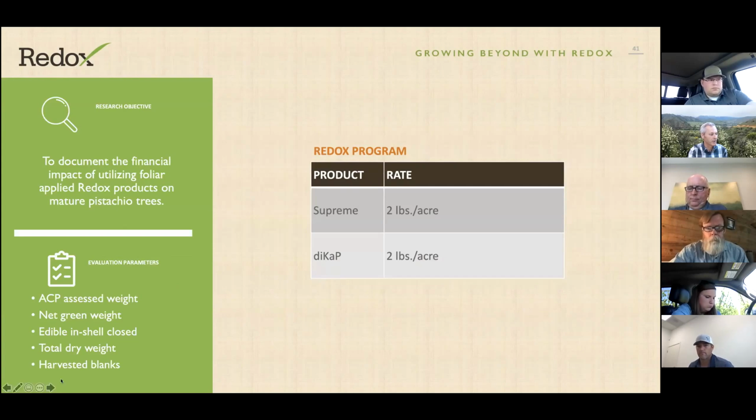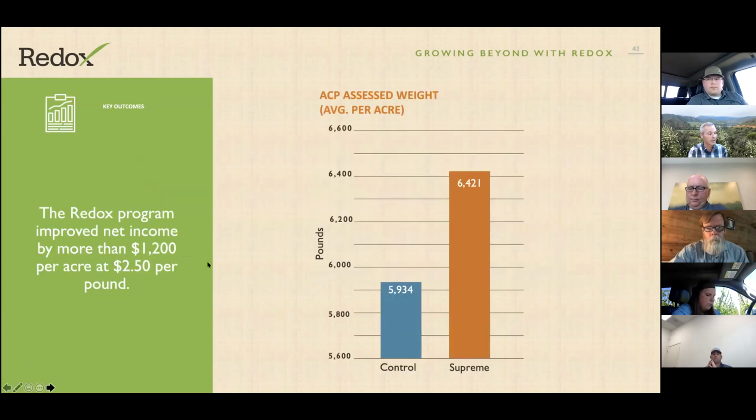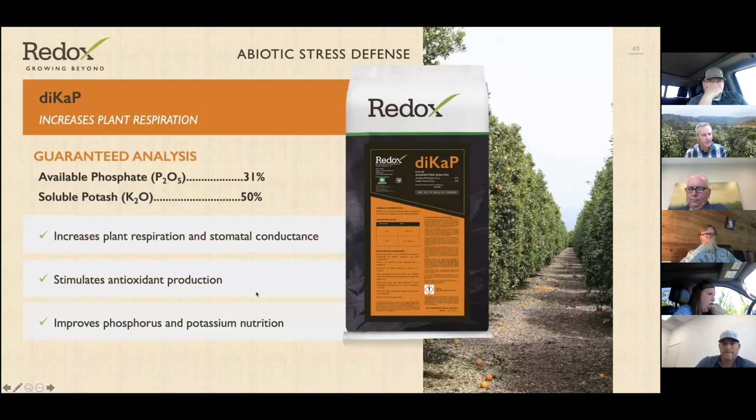that were assessed here. The most interesting was just the fact that the average weight or tonnage per acre resulted in a $1,200 per acre premium over the control group. So at an average of $2.50 a pound, the return to the grower per acre was $1,200 higher, a very nice return on the investment in his fertility dollar there. And that's really what we're all about here. That's what makes this work for all of us. So